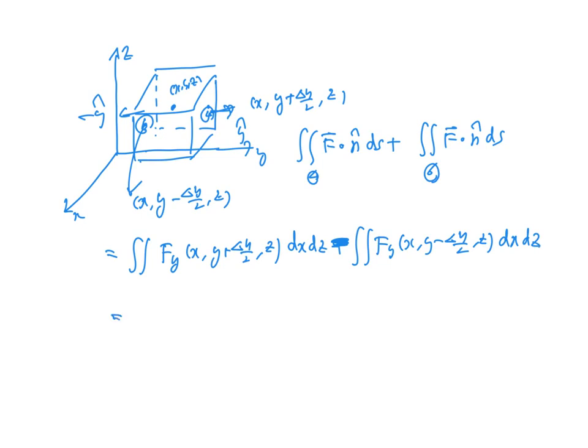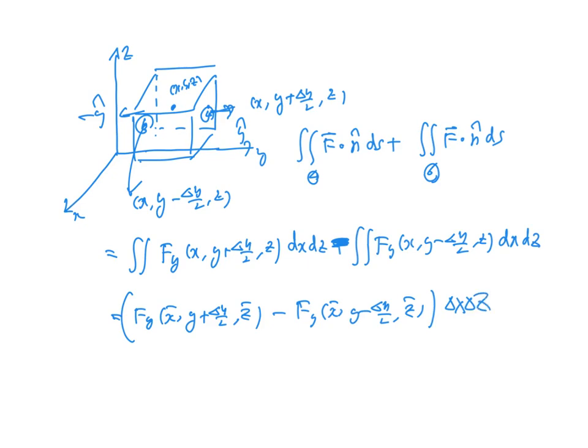Using the mean value theorem, it becomes Fy at x bar, y plus delta y over 2, z bar, minus Fy at x bar, y minus delta y over 2, z bar,